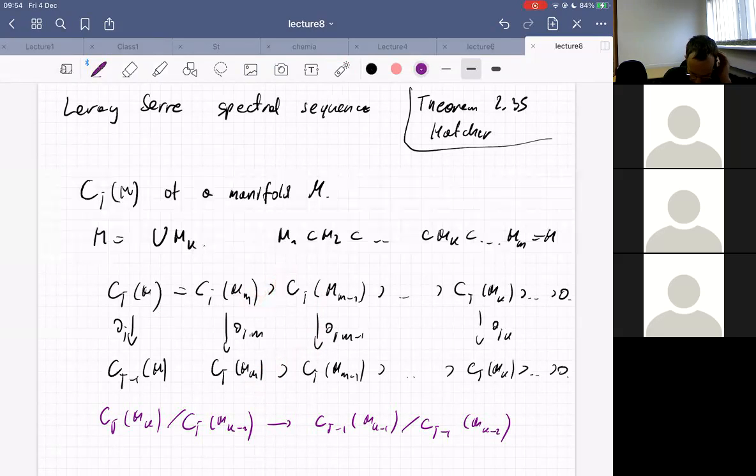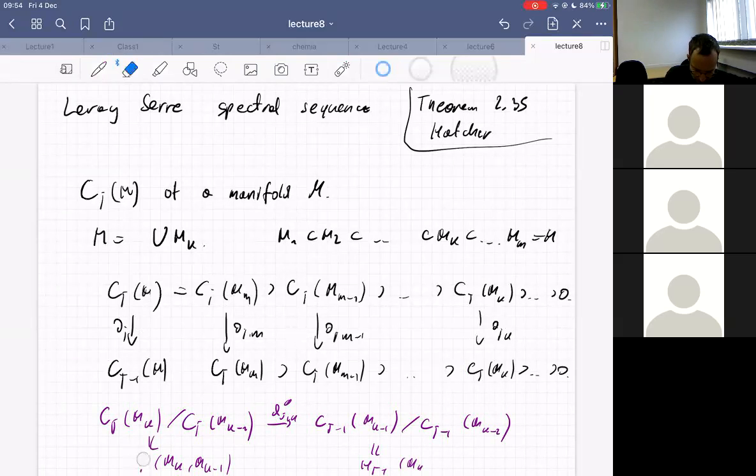So call it capital D_j^k, and this map squares to 0. This is A_j of M_{k-1}. This is H_{j-1} of M_k. Sorry. This map squares to 0, and the homology of this complex